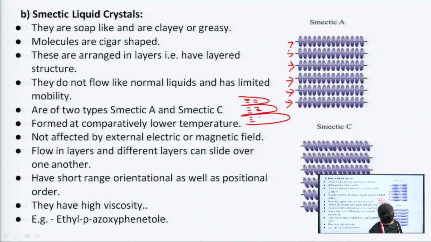The smectic liquid crystals are arranged in layers, and because of this reason, they slip over each other and they retain more of crystalline behavior as well because of this particular arrangement. So, what we said is that they do not flow like normal liquids and have limited mobility. Why do they have limited mobility? Because of the retaining of crystalline structure as yet,